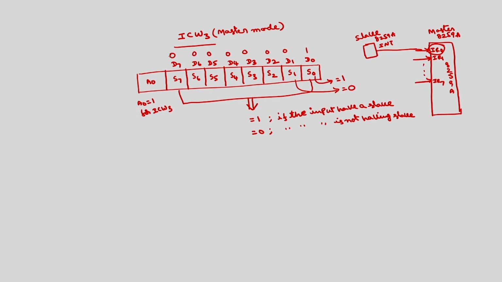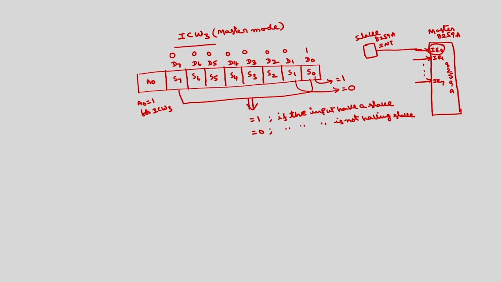So, it depends upon whether IR0 to IR7 of master 8259 is connected to slave 8259 or not. The bits S0 to S7 will have a status of logic 1 or logic 0. 1 means the corresponding IR has a slave, 0 means the corresponding IR does not have a slave. This is for ICW3 in master mode. Now, ICW3 in slave mode, the format is